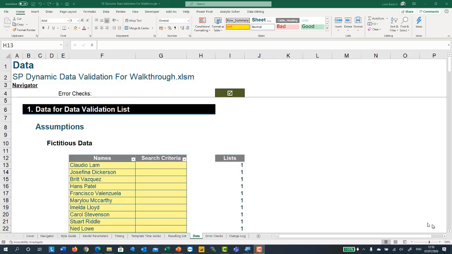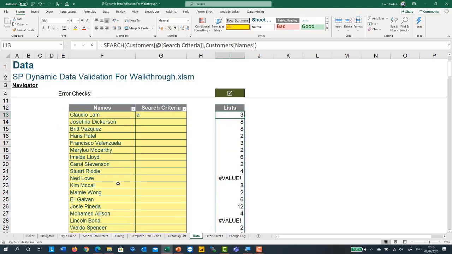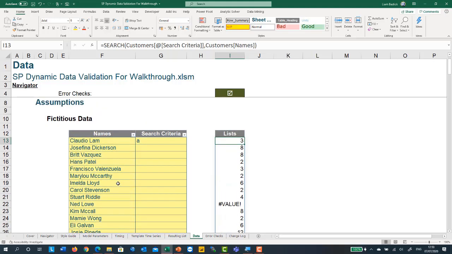Let's take more of a look at this formula I've just put in, then. I'm going to put some search criteria, the letter A, in here. So if I put the letter A in search criteria, you see that the formula is always going to link to this first one, the search criteria. So it's looking for the letter A in customer names. Now, in the first row, Claudio Lam has an A at position 3. For Josefina Dickerson, it's in position 8, as is Britt Vasquez, because a space is a character as well, and so on. Now we've got people like Ned Lowe and Lincoln Bond that don't have the letter A,